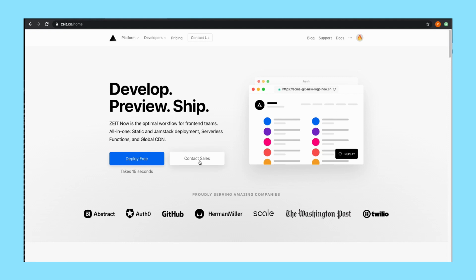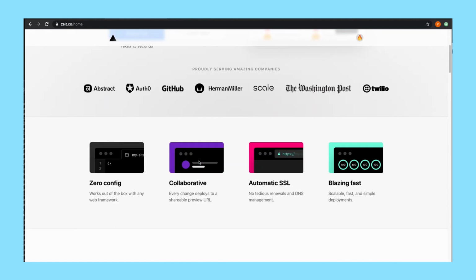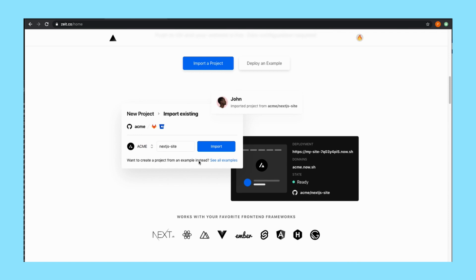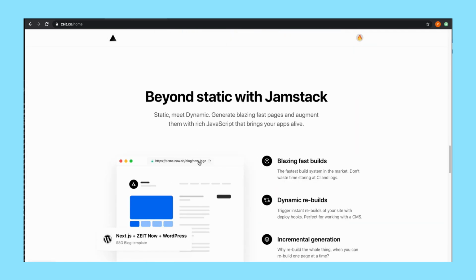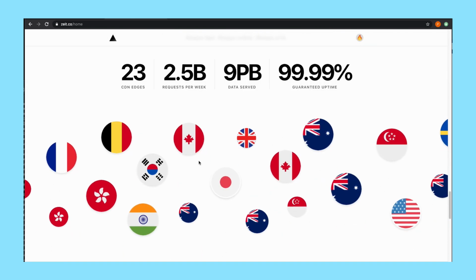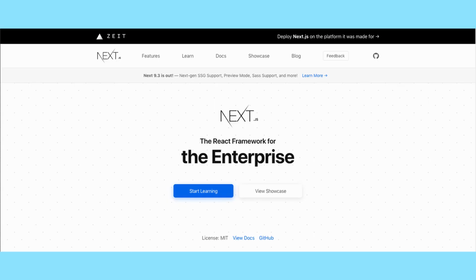I decided to use now.sh for this project because again I had used Netlify before and I wanted to try out now.sh. So now.sh is a deployment platform provided by the company called Zeit. You can deploy your front-end applications in now.sh. Next.js, which is also made by Zeit, enjoys good support from now.sh. So I figured since Nuxt was very similar to Next, it would work in the same way, and now would be a perfect place for me to deploy my application.